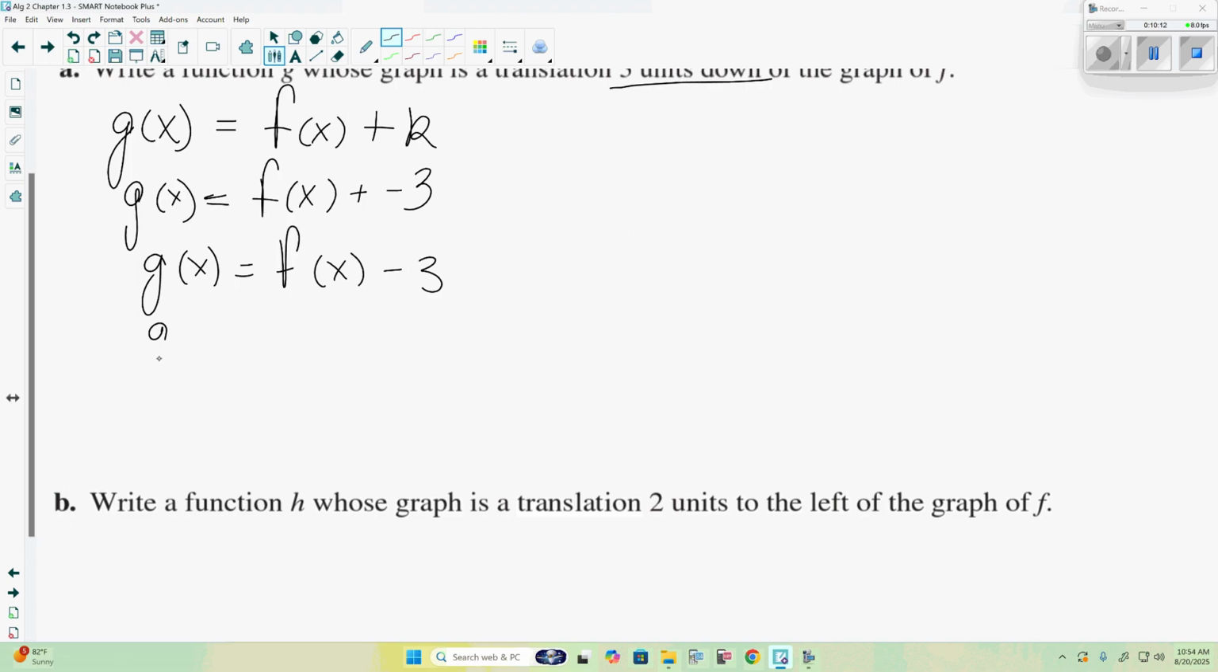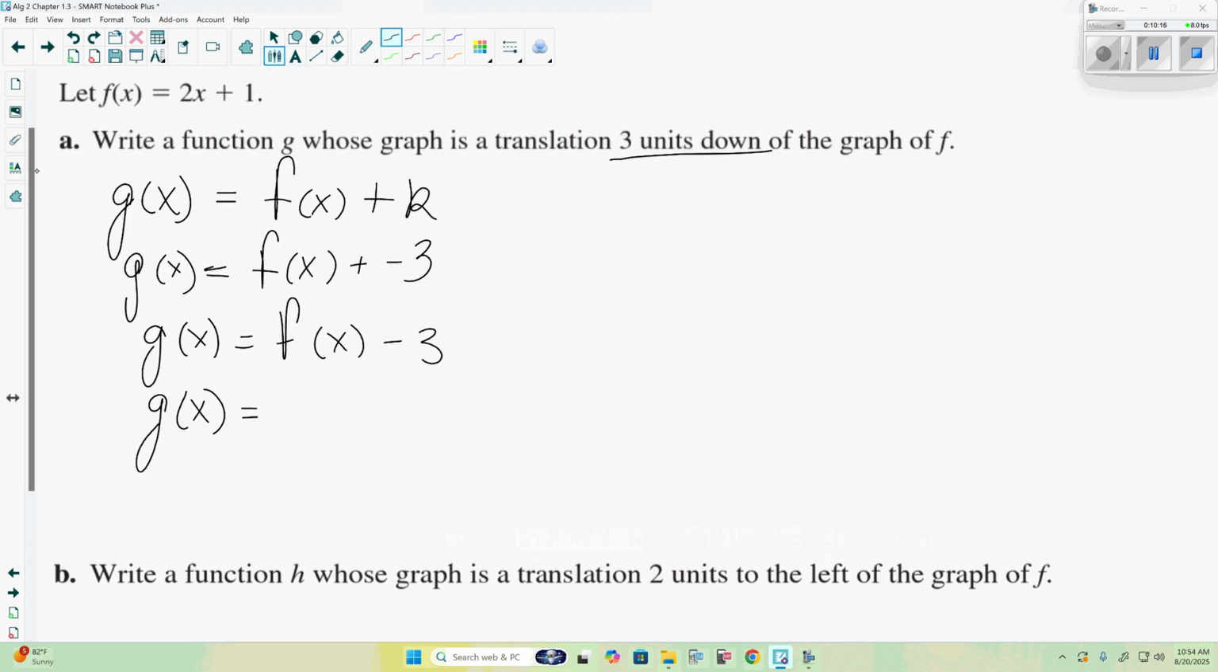So we have g of x. So f of x, we still have f of x here. We haven't put anything into these parentheses. We haven't changed what x is. It's still just f of x. Now they told us f of x is equal to what? 2x plus 1. So we're going to replace f of x with its function. So we're replacing this f of x with